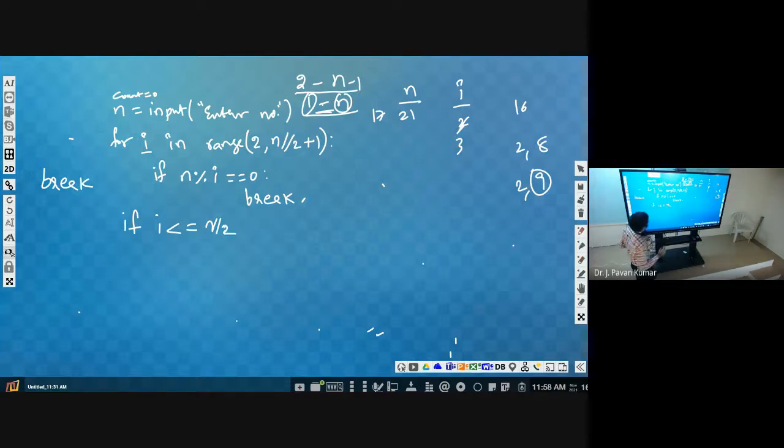So what should be the condition here? Less than or equal to? Less than n by 2 plus 1. You check whether it is less than or equal to, or less than.